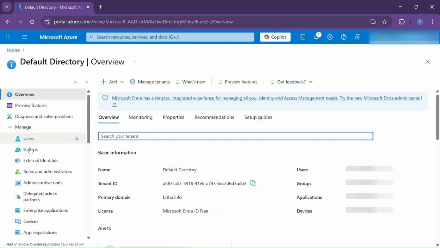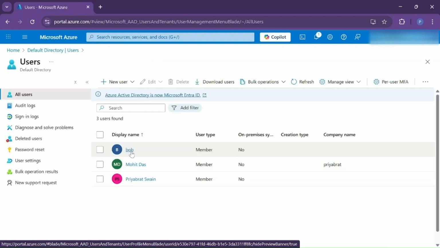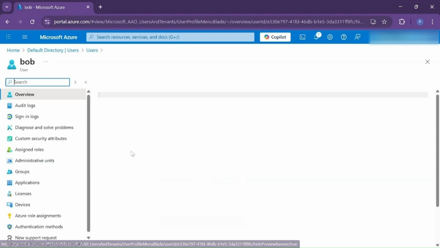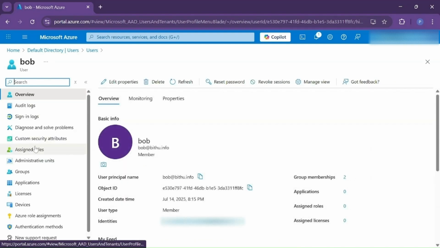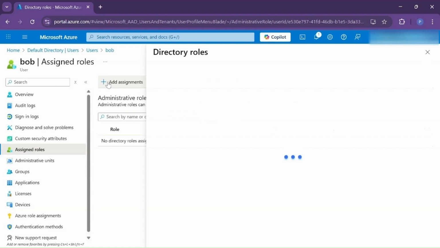Now let's go back to our home page, and from here click on users. Now click on any user to which we want to provide a role. From here click on assigned roles. Currently we haven't provided any role to this user. To provide one, click on add assignments,